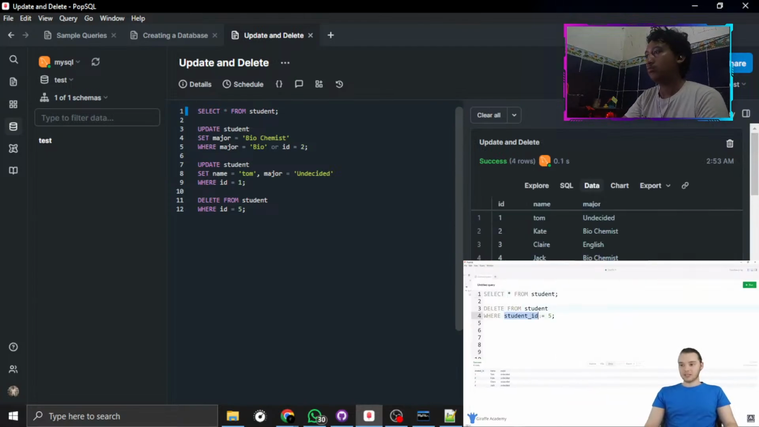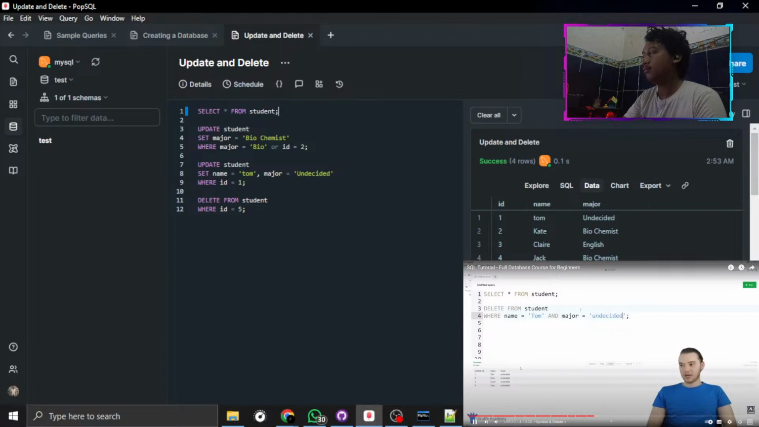And just like update, you can get more fancy with these queries. So I can say like where name is equal to Tom, and you can also do an AND. So instead of doing OR, we're doing an AND here, and I can say like major is equal to undecided. So this will